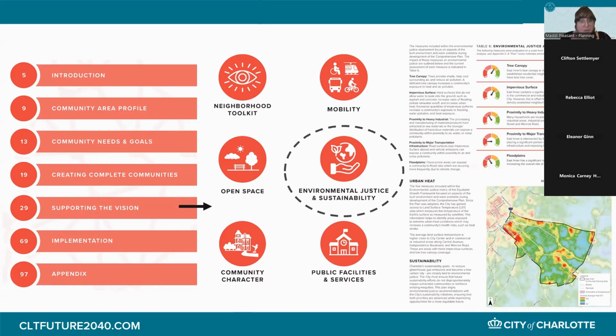For our next section, which is environmental justice and sustainability, this builds upon the comprehensive plan's vision to reduce environmental impacts across Charlotte. This section does provide more detailed analysis of the environmental impacts within the plan's geography, as shown in the image on the top right with the dials. And it also introduces heat impacts as a new environmental metric that should be considered in future decision making, which is the map on the bottom right.